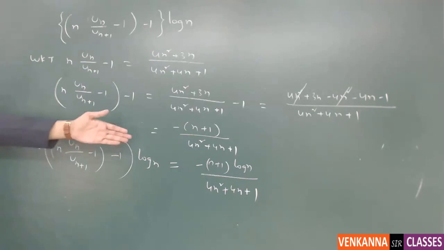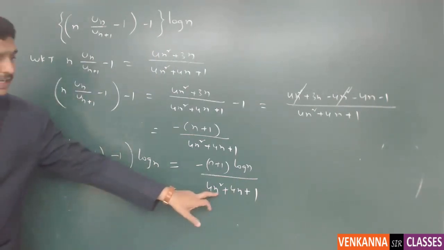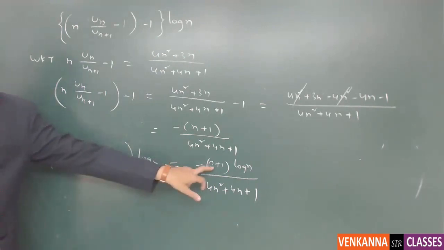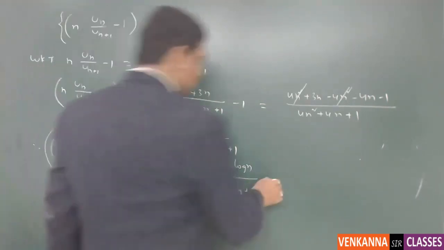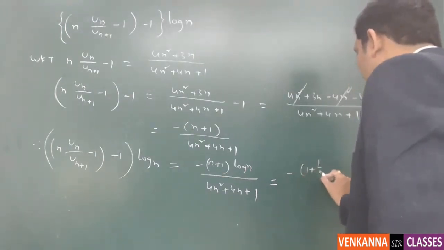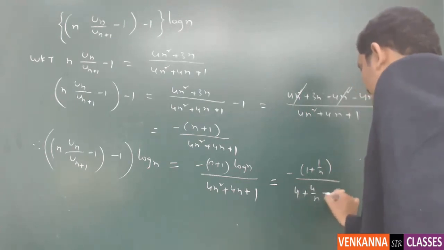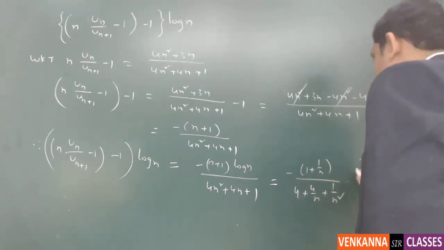Now what happens? Let us take the values n as common. In the denominator I am taking n square as common. In the numerator I will take n as common. So equals to minus (1 plus 1 by n) by (4 plus 4 by n plus 1 by n square)